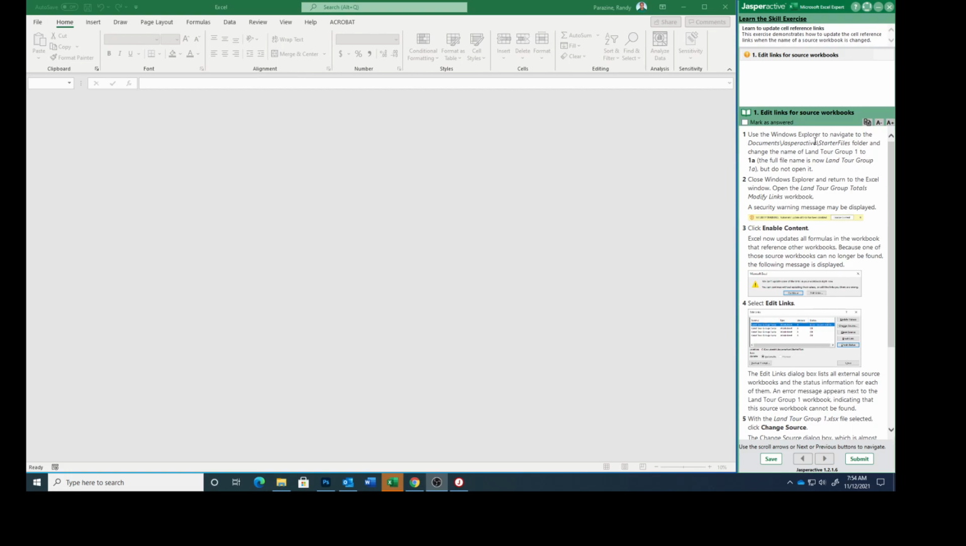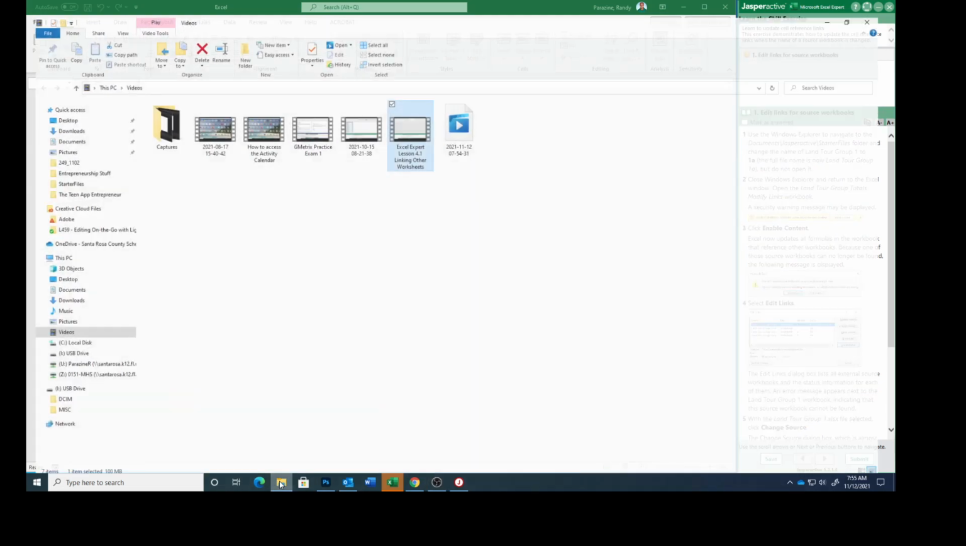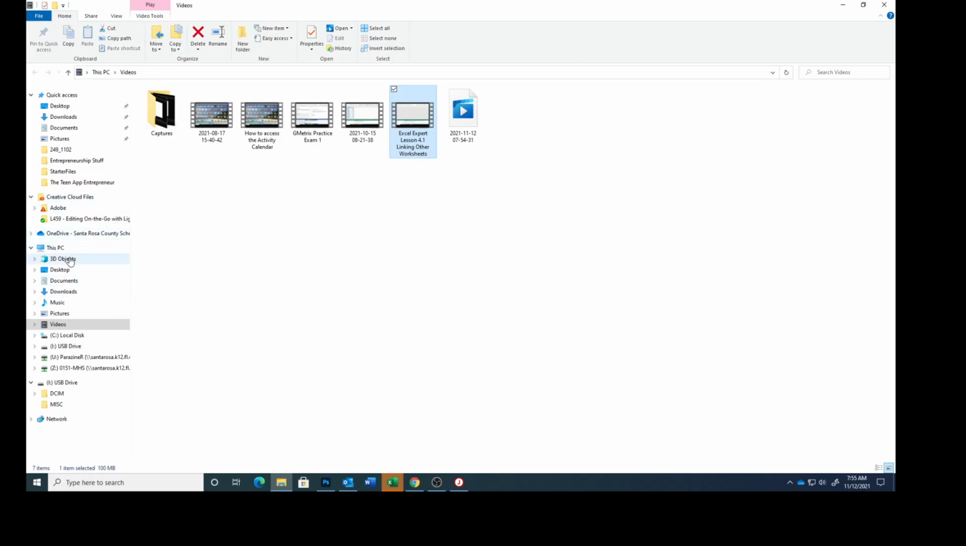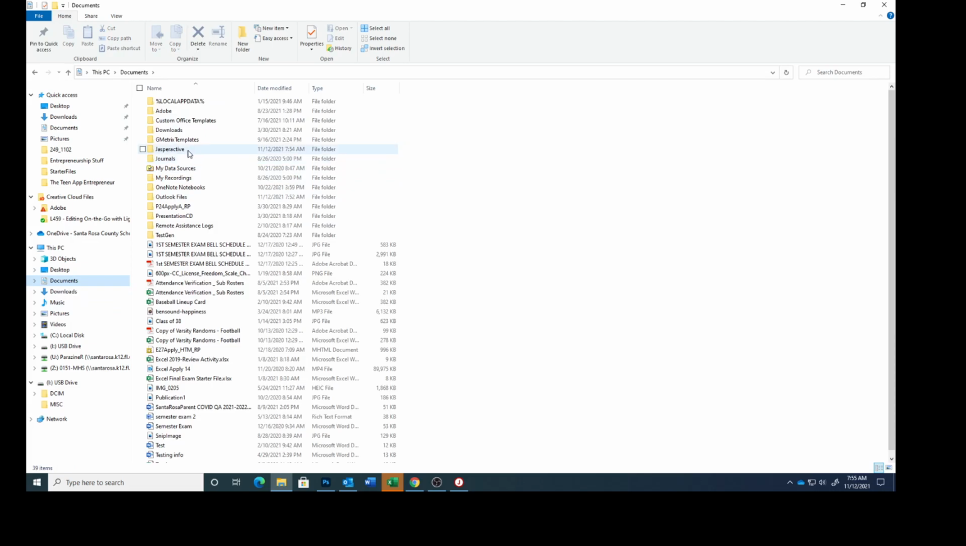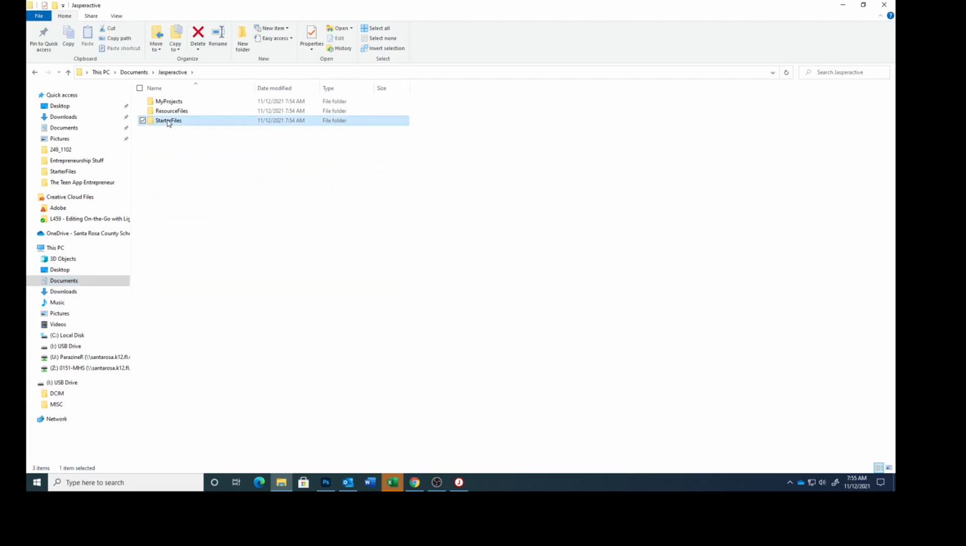It says use Windows Explorer to navigate to the starter files folder and change the name of the LAN tour group 1 to 1A, but do not open it. Windows Explorer is this yellow folder down here. So we're going to go to Documents, Jasper Active, Starter Files,